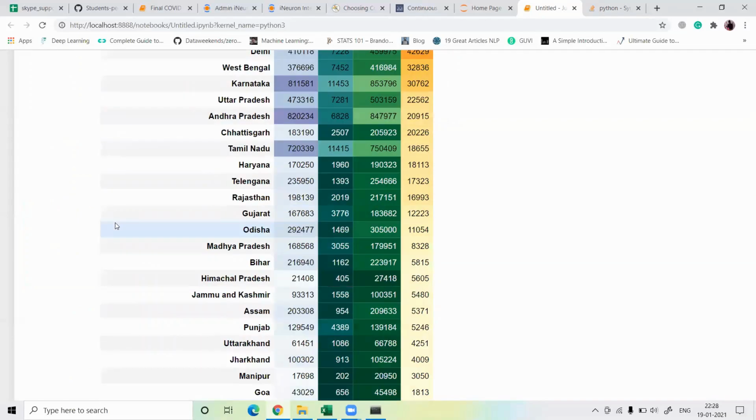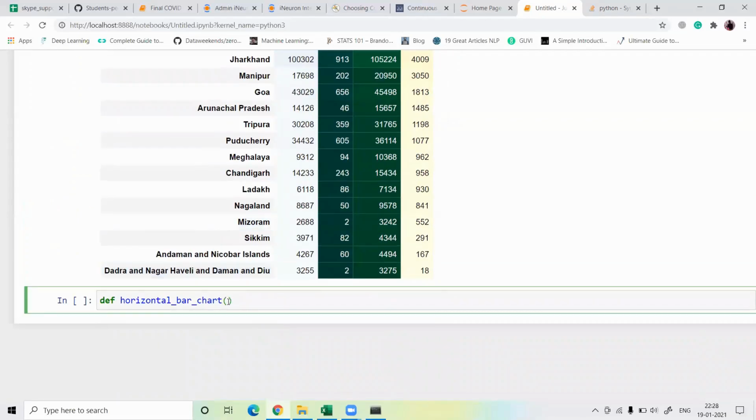So let's define the df value, x and y, title, and x level and y level, and then color.